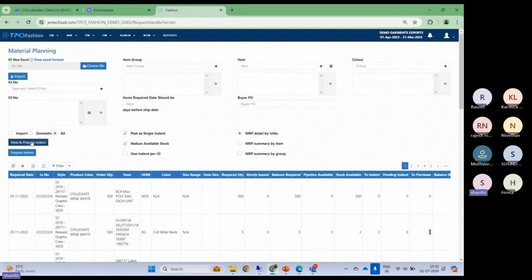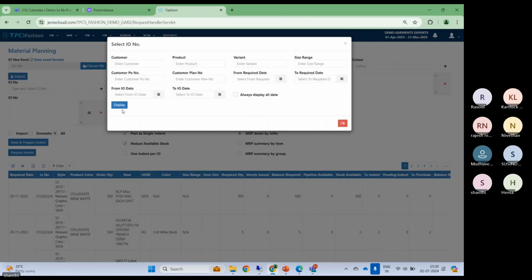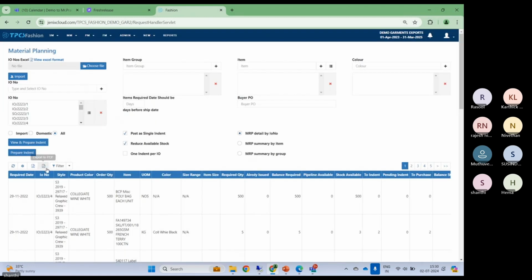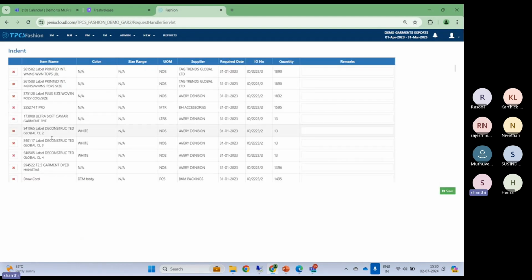So from here, if you click this button, the system will give you the list of all shortage materials. This is all my shortage against this order number. 1890 is the shortage. So if you simply click this button, the material planning team will prepare